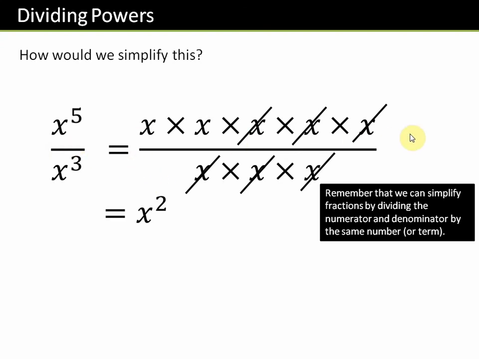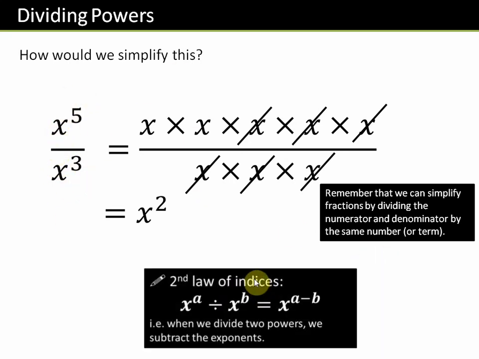In the numerator we have x power 5, and in the denominator we have x power 3. So when both values are divided with each other with the same base, then the power will be subtracted. So this is the second law. If two values are divided with each other, then the exponent will be subtracted, but the condition is that the bases should be the same. Here the base is x, and this is also x. So then we can subtract these powers, a minus b.